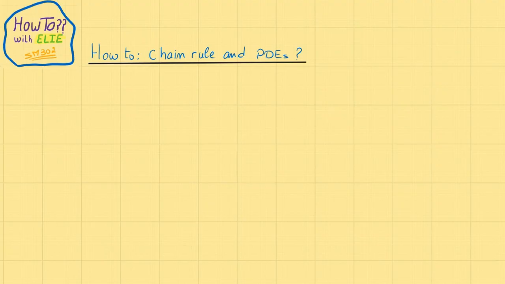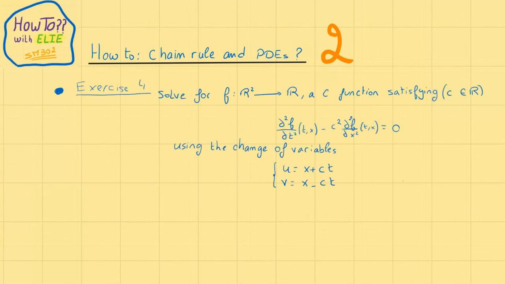Hi, how to solve a PDE with the chain rule, part 2. In this part, we'll take a more complicated partial differential equation than in the previous videos. We'll take a partial differential equation with second derivatives of f. So let f be a function of two variables, a C2 function, such that